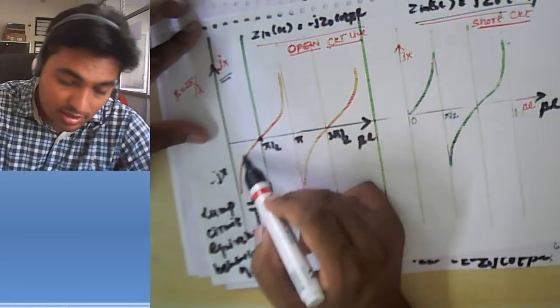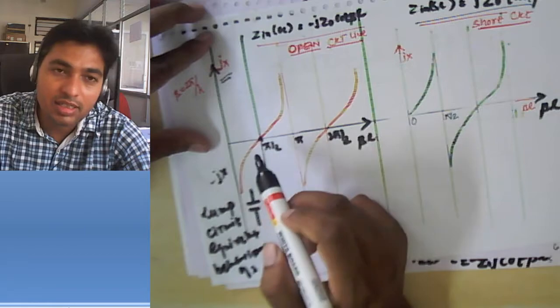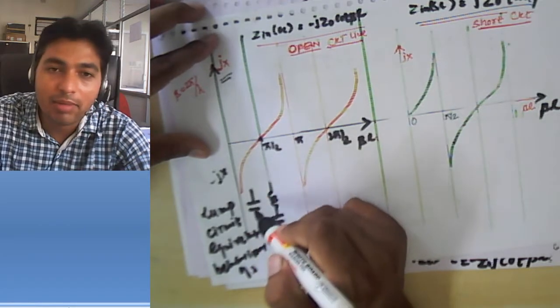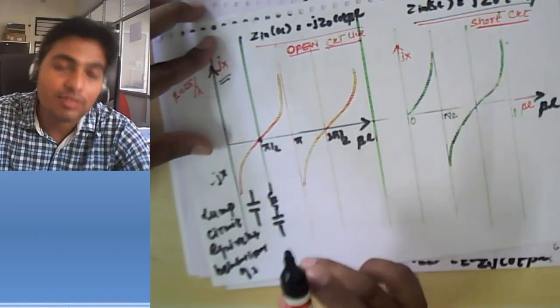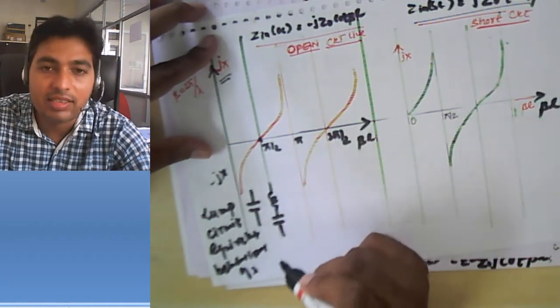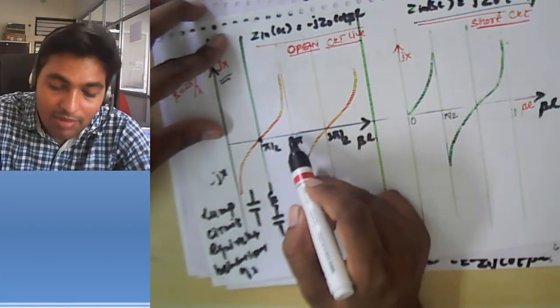So when the open circuited transmission line is smaller than lambda by 4, it will behave as a capacitive impedance. When it is equal to lambda by 4, it will behave as a series RLC circuit, while when it is from lambda by 4